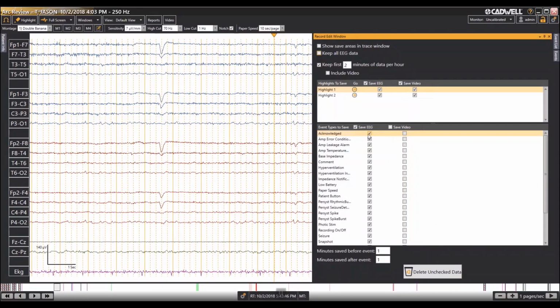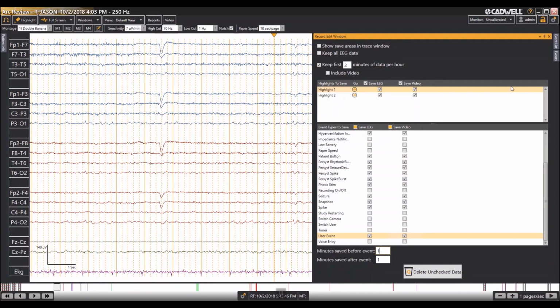There are a number of things here that I don't really care about, but I do care about hyperventilation, the impedances, comments, button presses, rhythmic bursts, detections, photic, seizures, snapshots, spikes, user events, and I may not want to keep video for all of those, so I'll select individual video that I want to keep, which is everything except the impedances for my preferences. And then you can choose to save a number of minutes before and after each of